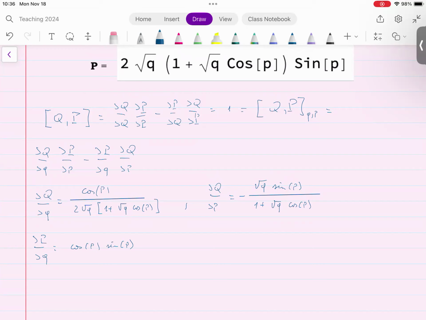And the other piece is 2 square root of q times the sine of p. So a little more messy, but at the end that just gives me